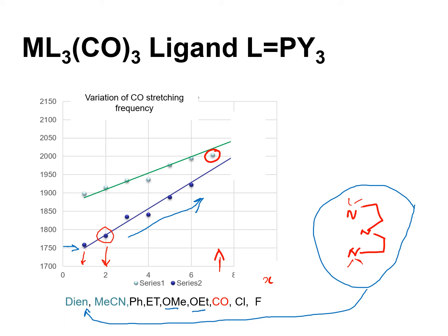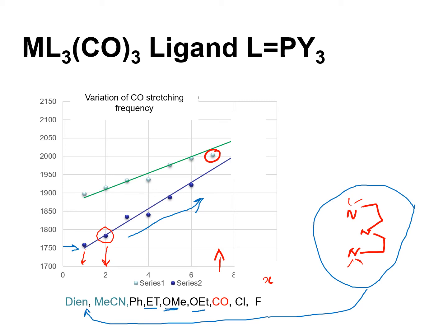That means the trans ligand is a poorer donor, or it is a weak pi acceptor. If I have a methoxy group compared to an ethyl group, then the methoxy group is electron withdrawing,